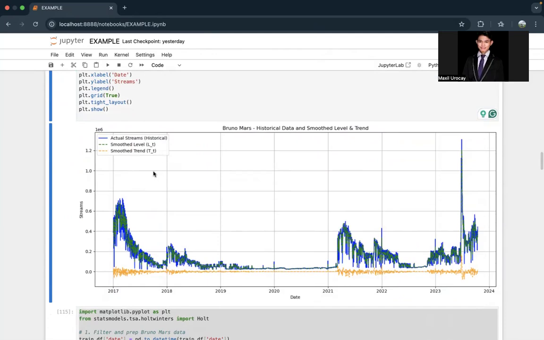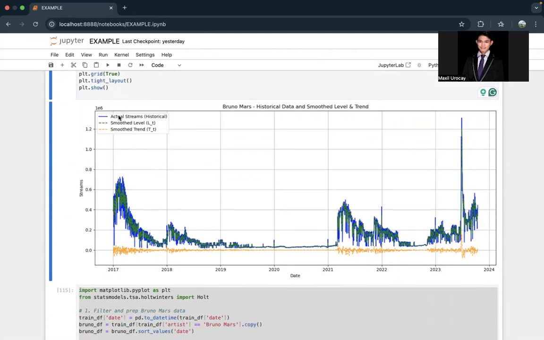So here the historical data is in blue, then the smooth trend is the yellow, and the smooth level, if you calculate it manually, must be related closely to the historical data.